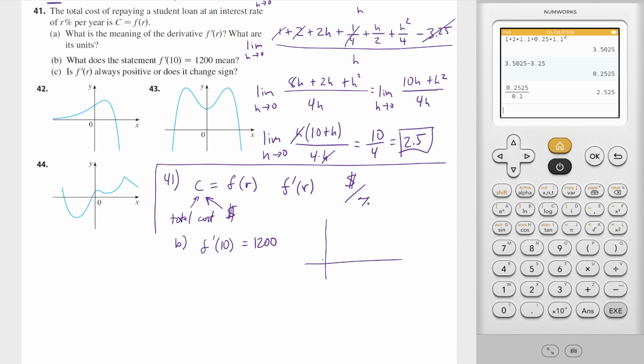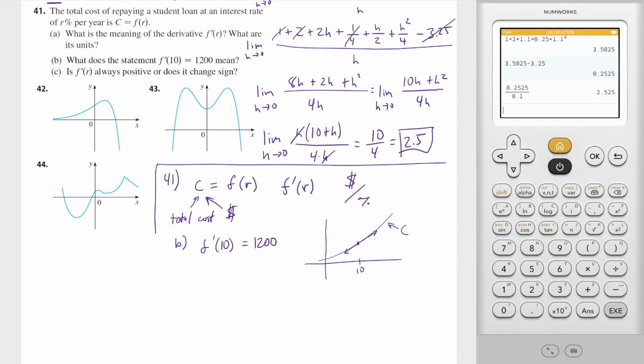So let's think of this as, let's call this C, okay? And so we'll call this 10 right here. So what it means is that at this x value, I have a certain cost, but the instantaneous rate of change is going to be 1200. So when we're at 10%,